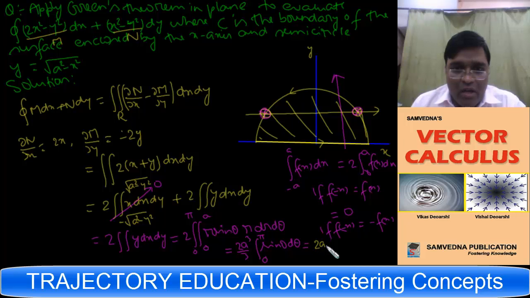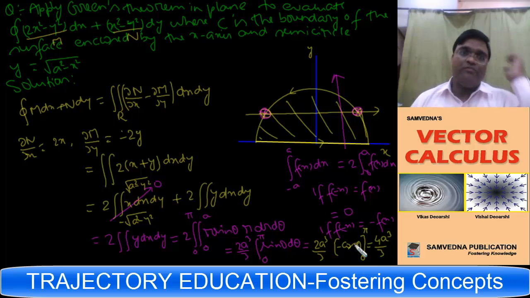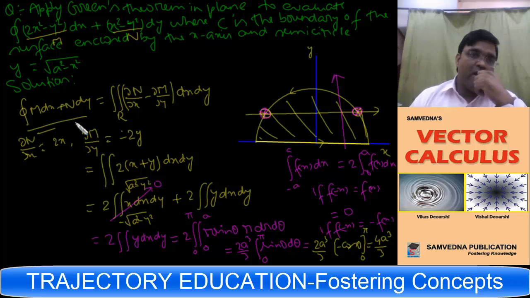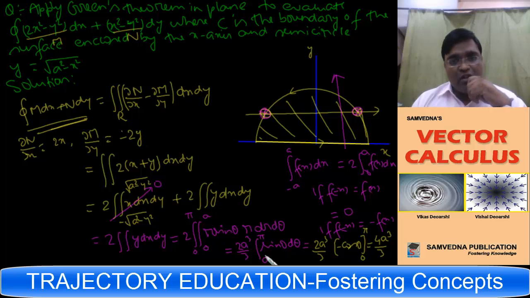So this will give me 2a cube by 3, and the integral will be minus cos theta from 0 to pi. If I put these limits, this will be equal to 2. So this is 4a cube by 3. Hence this double integral comes to be 4a cube by 3, and this will be equal to the integral of M dx plus N dy. So this line integral using Green's theorem